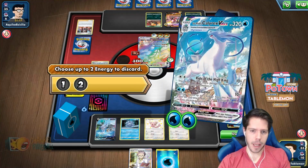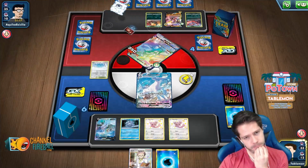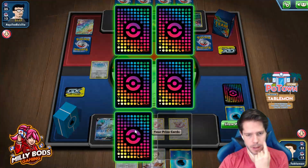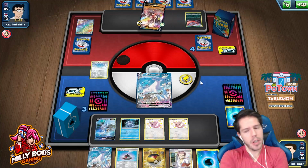Alright, so max lands, we're gonna do 250, 230, yep, perfect. Alrighty. So 1 prize, that gets me Cinccino, that's good. That's technically good. Okay, I have double Cinccino. So if I can find...